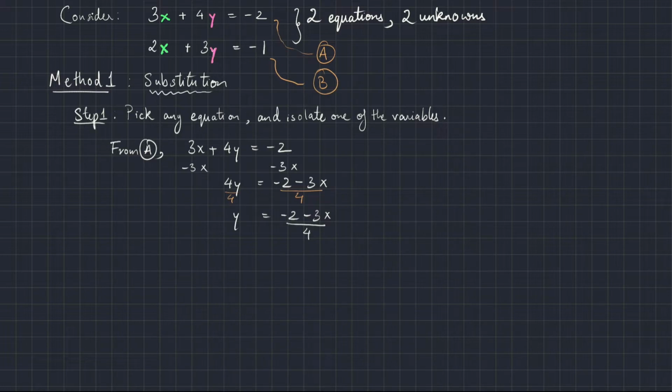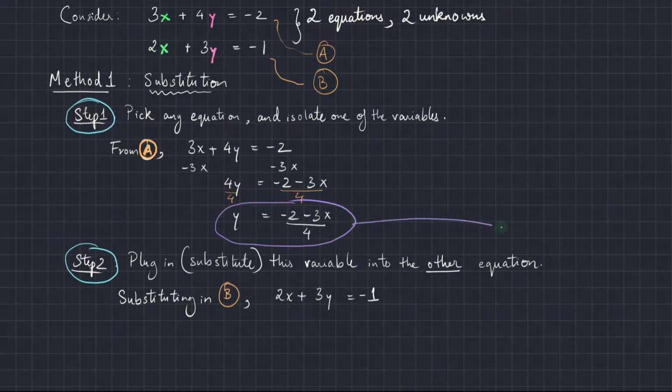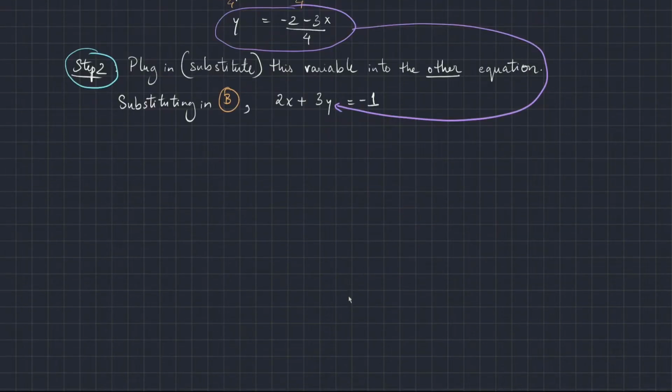In step 2, we plug in this value of y into the other equation. In our case, the other equation is equation B. So we're going to write substituting in B. Remember what B was? B was 2x plus 3y equals -1. We're going to substitute this value of y into B, into this. So what do we get? We get 2x plus 3 times (-2 minus 3x) over 4